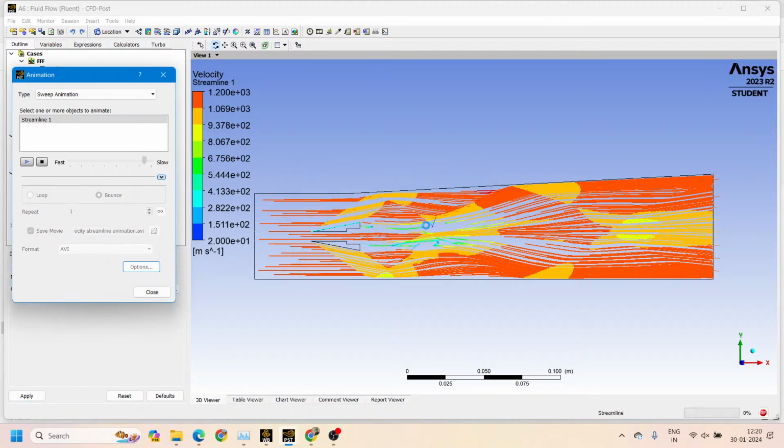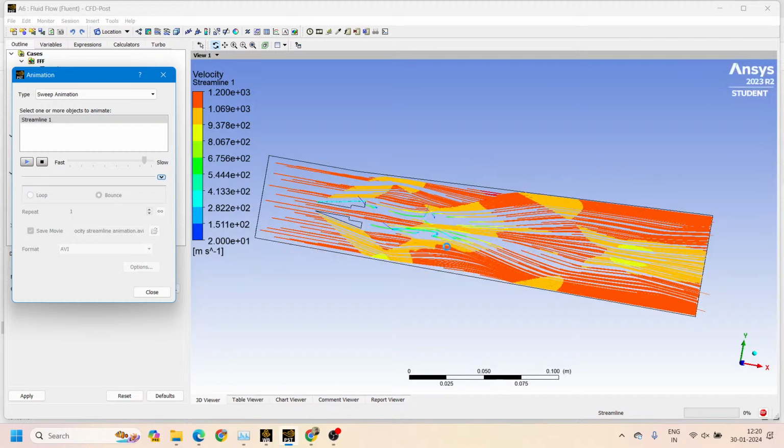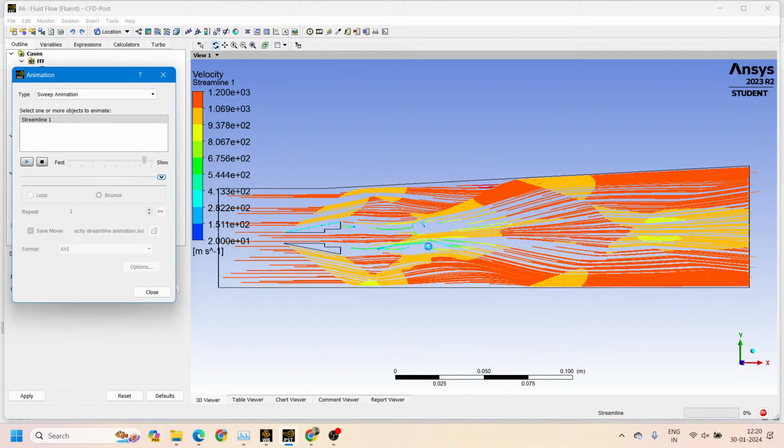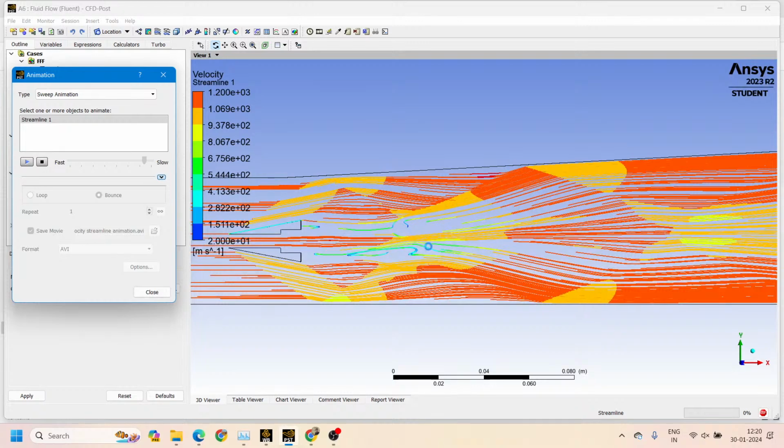Then here we can see the lines, it is moving somewhere here, the arrows are moving. We can see how the arrows are moving, it is not clearly visible, but if I zoom it, we can see these particles are moving,